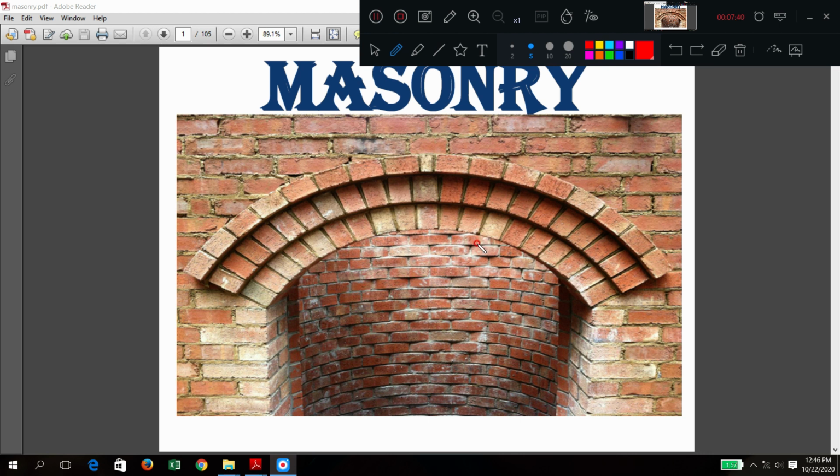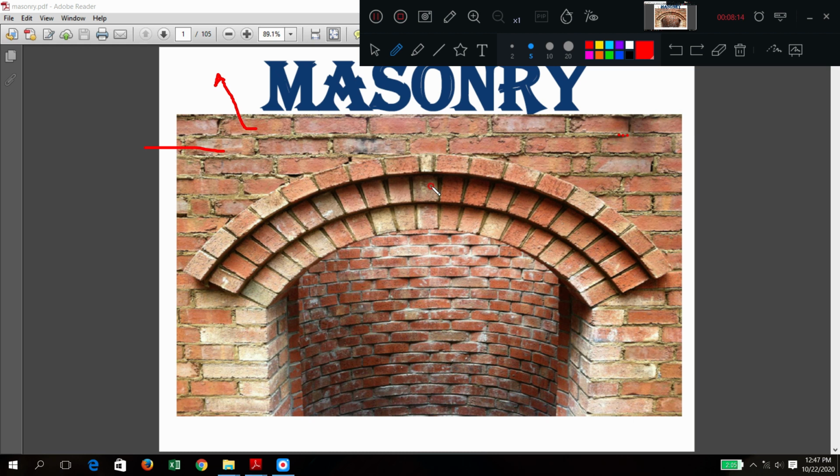So this wall is made up of what? Masonry work. And what are the building units used here? Masonry units used are bricks. So you can easily see building units or masonry units are made up of bricks. So what is this? These are all called mortar joints. Mortar is nothing but what? Mortar is cement, sand, and water mixed and placed.